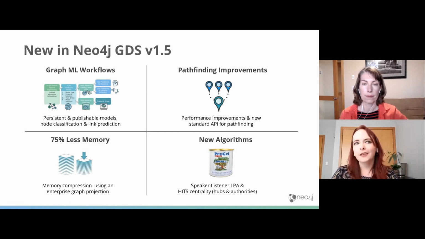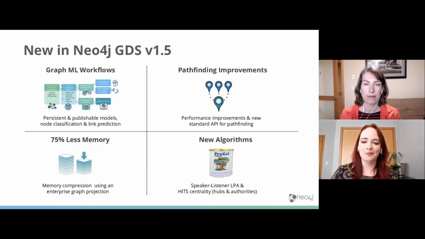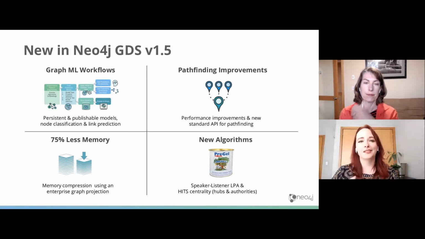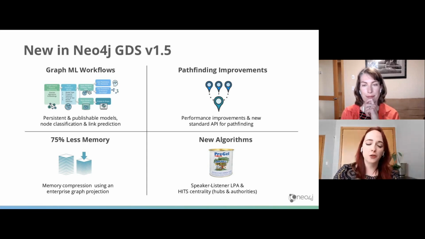And then finally, last but not least, we've also introduced 2 new algorithms in this release, different from the supervised machine learning workflows. We introduced 2 more classic graph algorithms, speaker-listener label propagation, which is a multi-community community detection algorithm. So if you've got overlapping communities, speaker-listener LPA, which is a tongue twister, lets you find nodes that are in